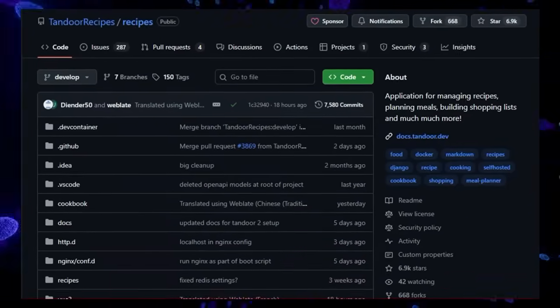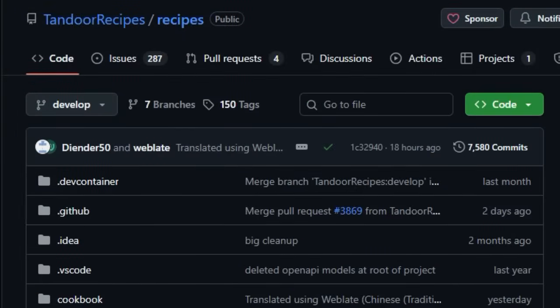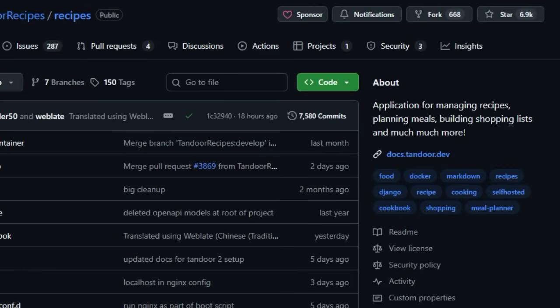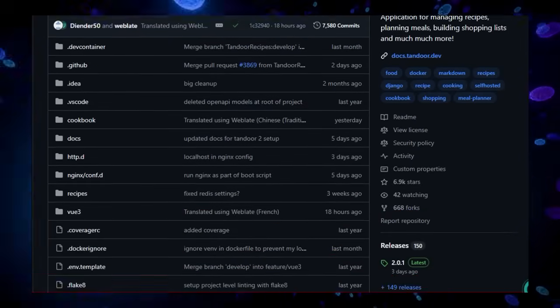Tandoor Recipes is a self-hosted tool uniquely engineered for serious cooks who want complete control, deep organization, and powerful automation. What makes Tandoor stand out is its ingredient model. It treats amount, unit, and food item as distinct data. By doing so, it enables precise scaling of recipes, automatic merging of like ingredients into streamlined shopping lists, and dynamic adjustment of serving sizes across meals,